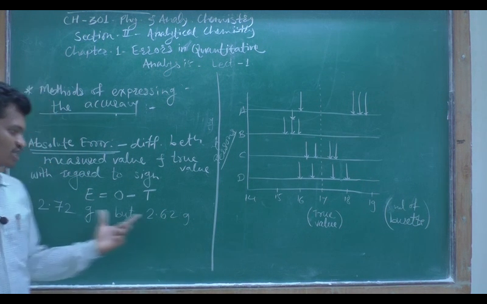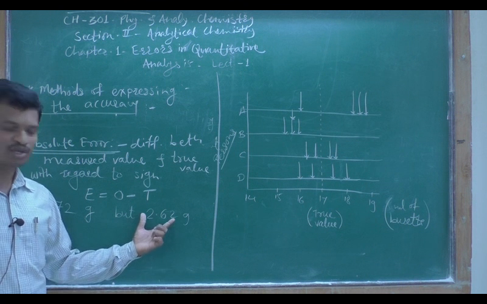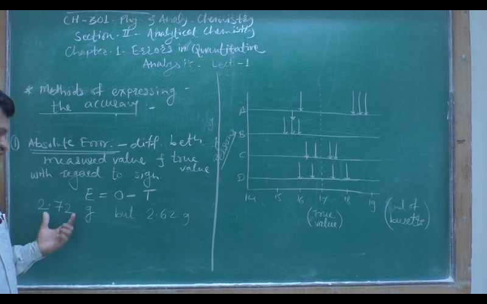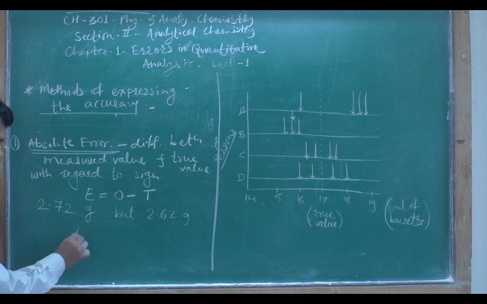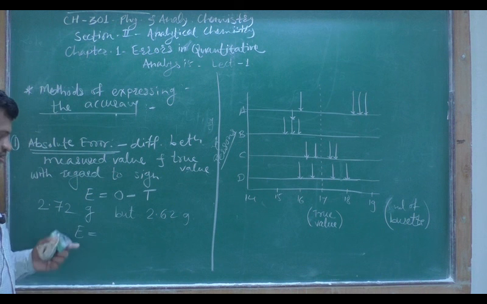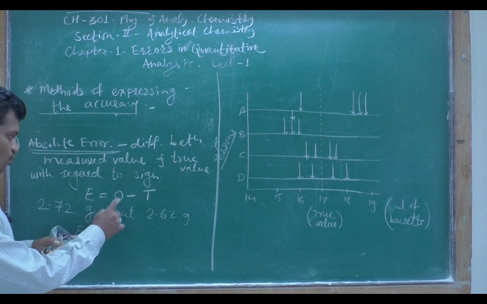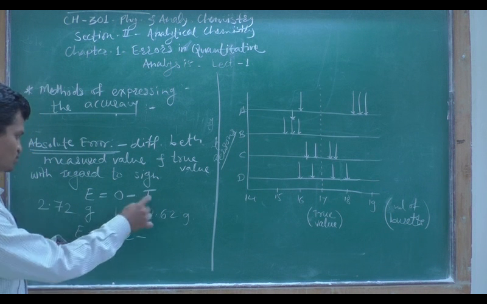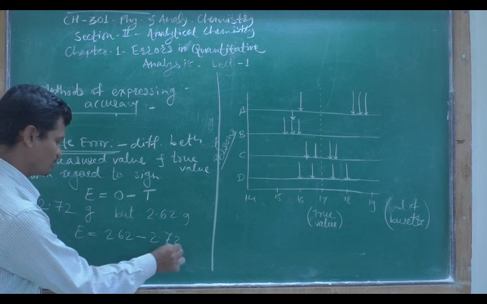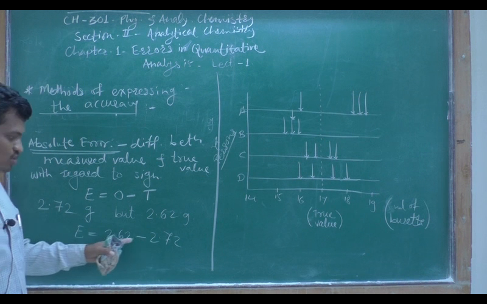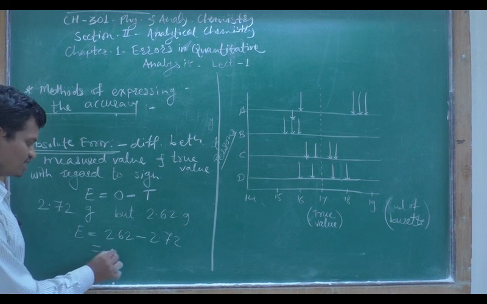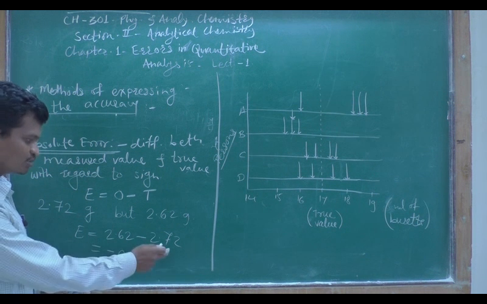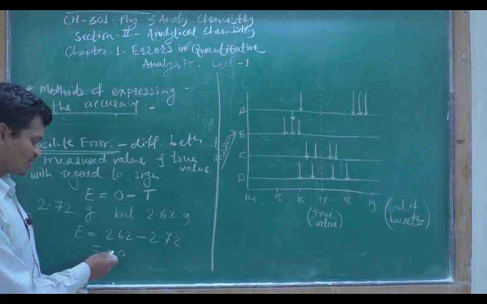So what are these two figures? 2.62 is our observed value and 2.72 gram is our measured value, the correct value or true value. So absolute error in this case we can calculate, that is O minus T. Observed is 2.62 minus true value 2.72. So absolute error is equal to 2.62 minus 2.72, and we get a minus, as this figure is less than this figure, so we get a negative answer,